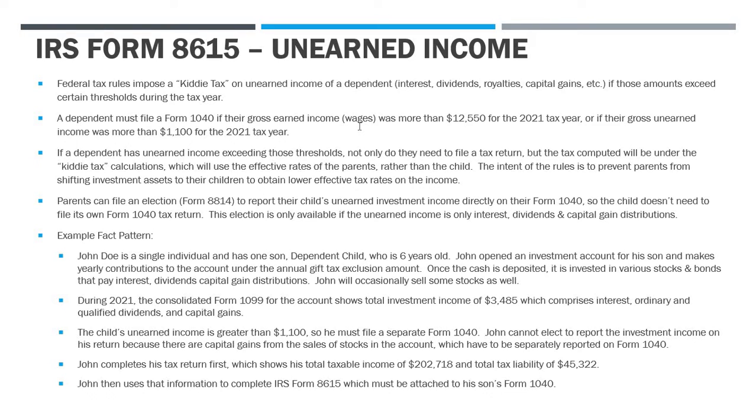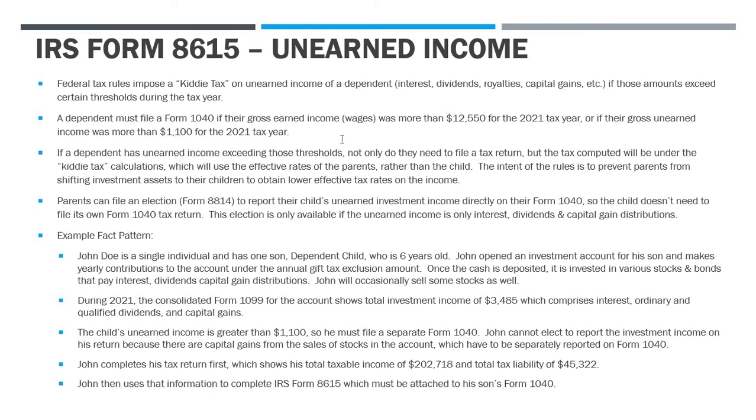Now, why the difference here? Because if you are a dependent being claimed on another person's return, and you have only unearned income, you do not get the full standard deduction of that $12,550 number. You get a reduced standard deduction, which is only $1,100. And so that's why the filing threshold is lower if you have a dependent child that has only gross unearned